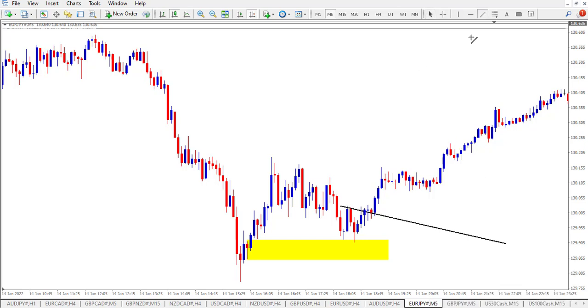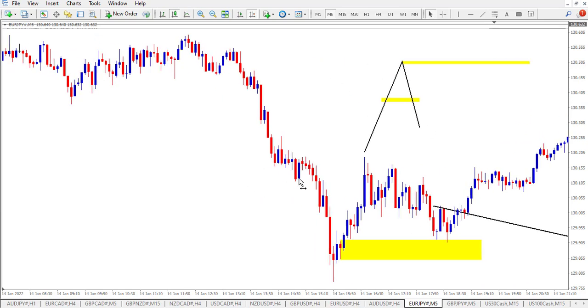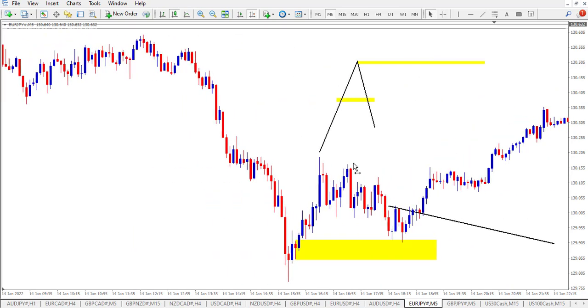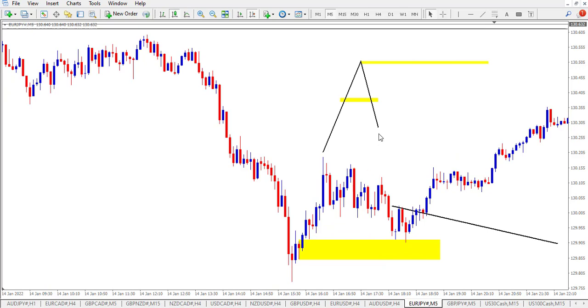What does that mean? Okay, so if we have a first leg like this, what are we saying? Let's say we have a first leg, then we have a break of structure here, then we have this high. So if you mark this high, we are saying we are anticipating an M. Let's say you are at a very interesting point, a point of interest, where we have maybe a resistance or a support, then we